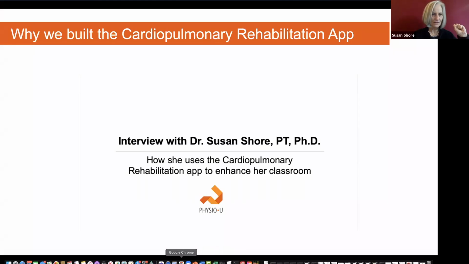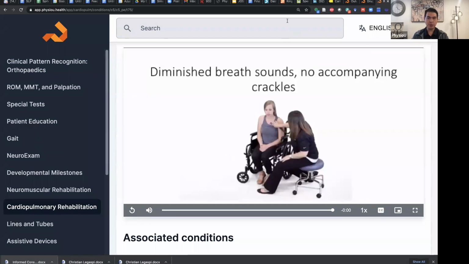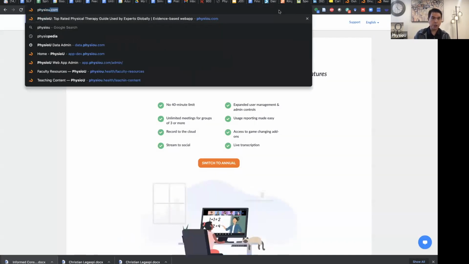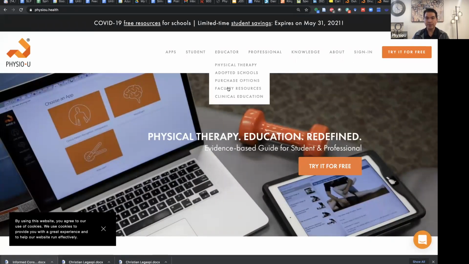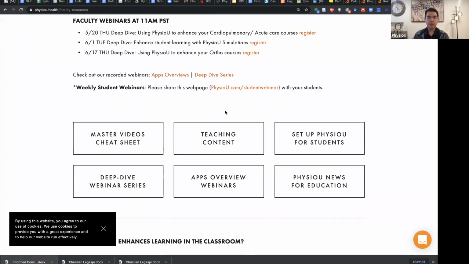Mike, do you want to show the lab handout for a particular pathology? Yeah. And I can speak to this as well, because we did a lot of pre-work for our ortho class, because there's so many techniques and so many conditions. I can share how we implemented it, as well as how successful it was. Let me go to our PhysioU page to show you some of the resources that we built to help implement this. Under Educator, Faculty Resources, under Teaching Content,